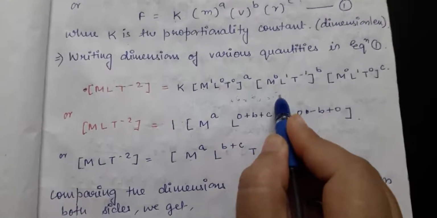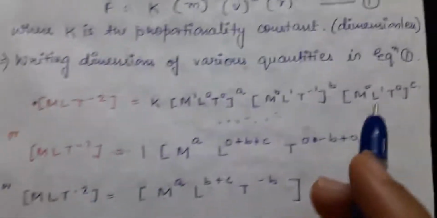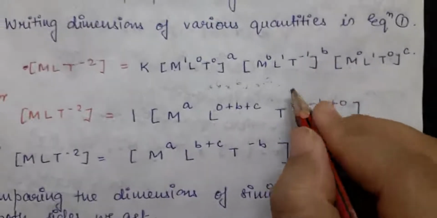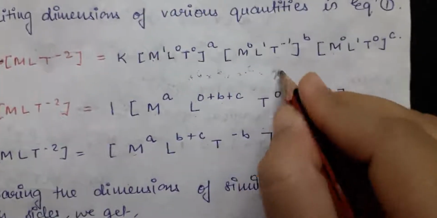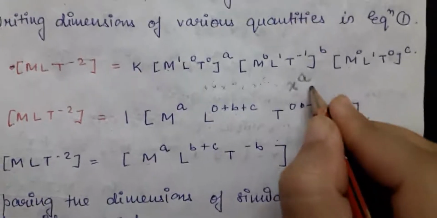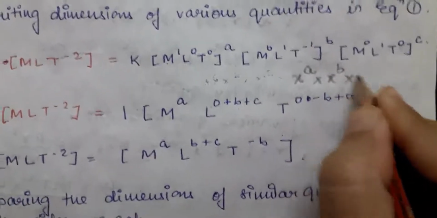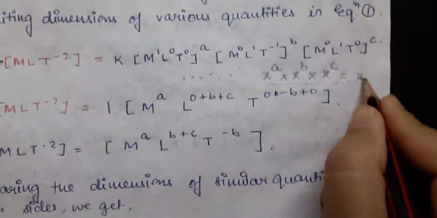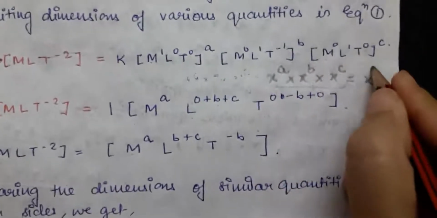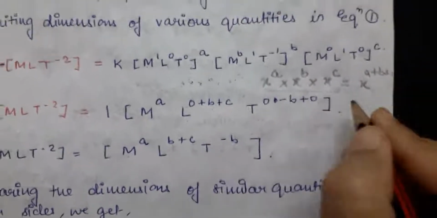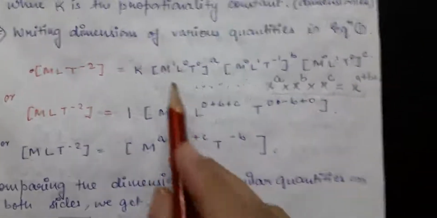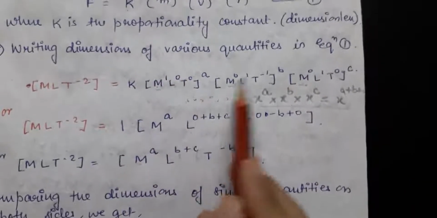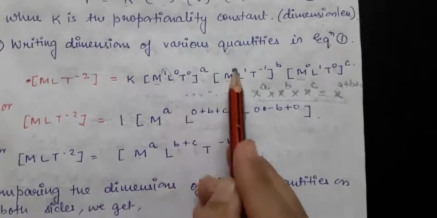Have you studied about this? Let me take the pencil and then you will understand better. Now let us see what I was telling you. You have studied in mathematics that if any three functions have been given where x is equal to x to the power A multiplied by x to the power B multiplied by x to the power C, and you want to simplify this, you will write x and the whole power A, B and C will add up. So it will become x to the power A plus B plus C. Same we are doing here also. We are taking M, M and M as function. So if we are multiplying three functions or three physical quantities, their powers will get added up.